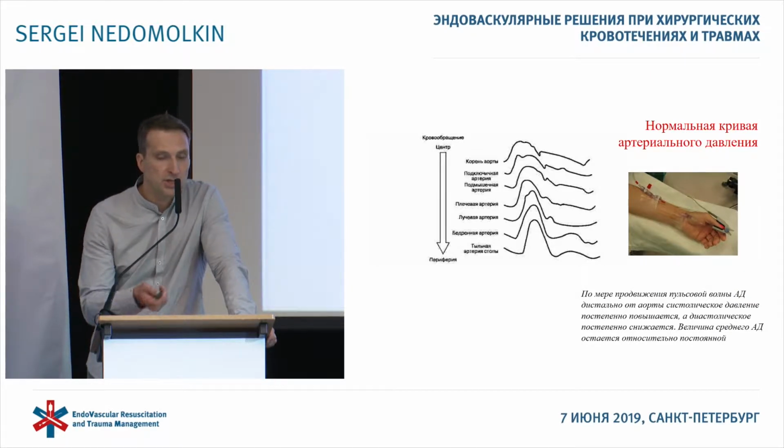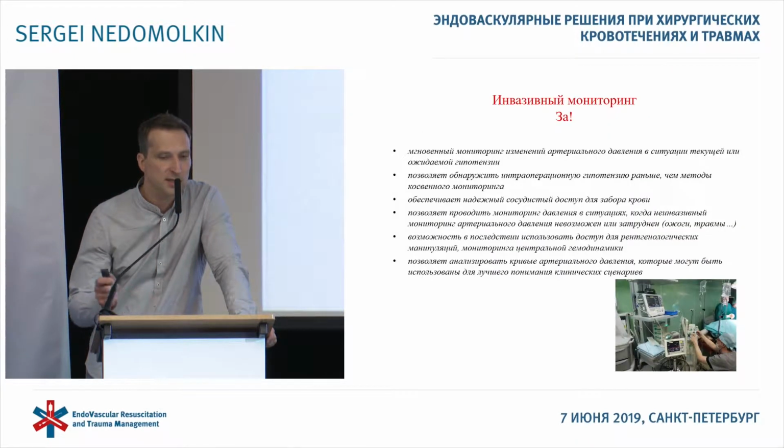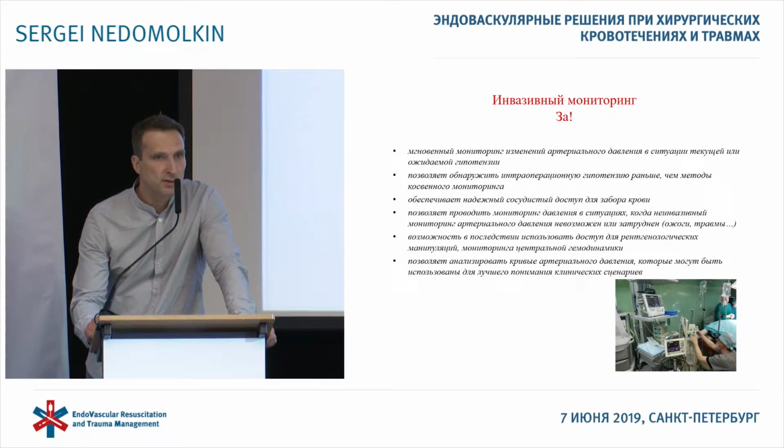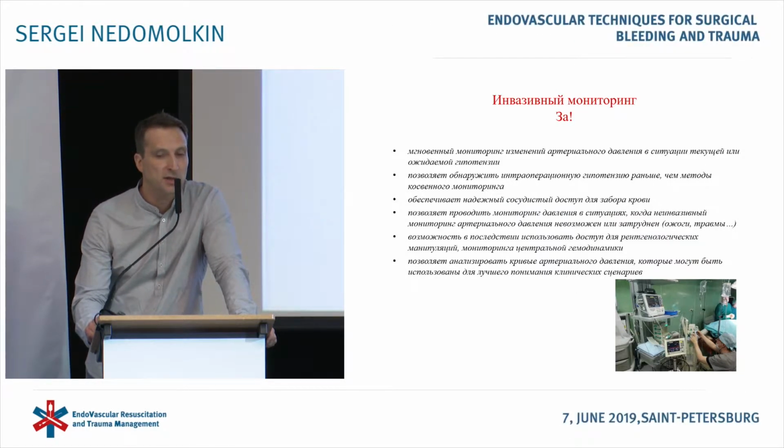Depending on the location of the catheter in this or that artery, the curve of the pressure may change. The further we are, the more distally the artery is located, the higher the systolic pressure is and the lower the diastolic pressure is, but in general the pressure is not changing much. Why do we like so much to do the invasive monitoring? As I told you, this gives an immediate opportunity to measure arterial pressure in current or anticipated hypertension. It helps us to detect intraoperative hypertension earlier than the